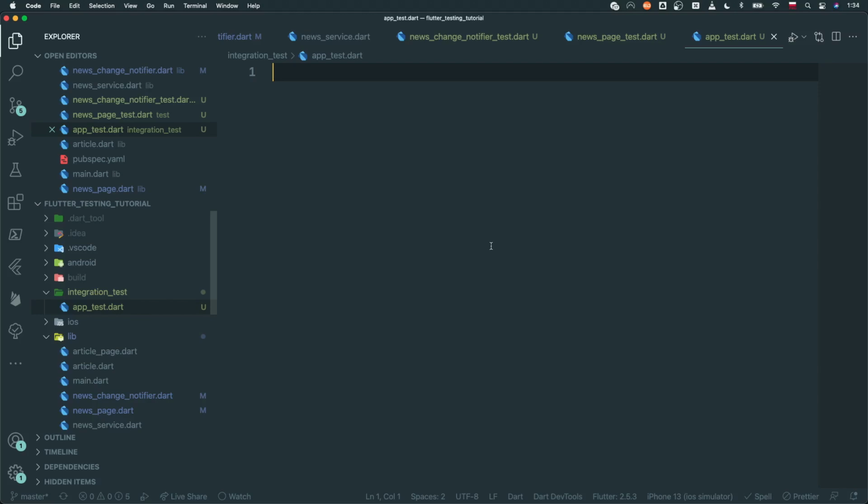It's called app_test because integration tests should test either the whole app, which is happening in our case because the app is very small and simple, or, if you are working on a huge app, you might test individual parts that make sense together in a particular integration test. But you really never want to test a single widget or just a single component of an app from an integration test. It's not prohibited, you can of course do it, but